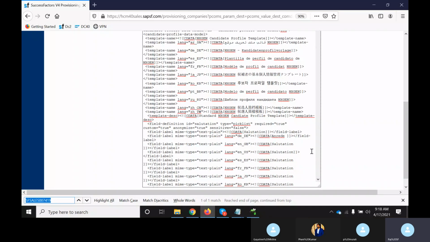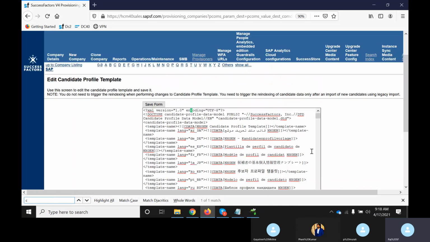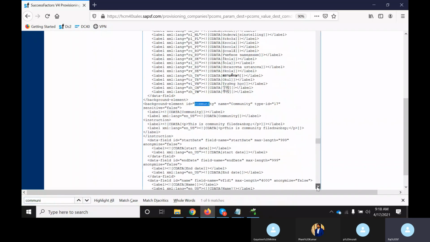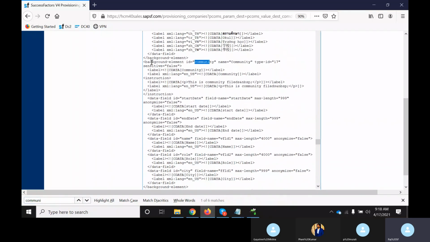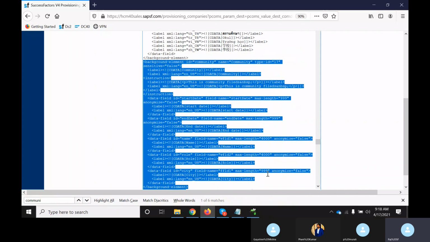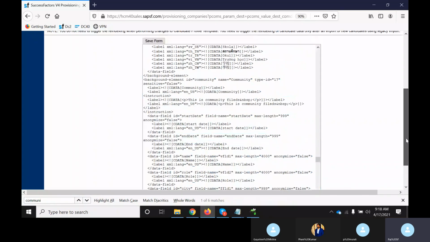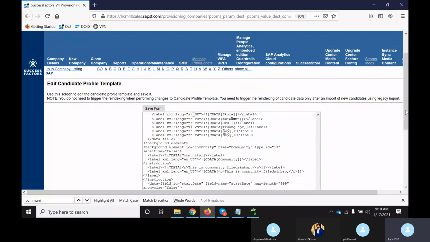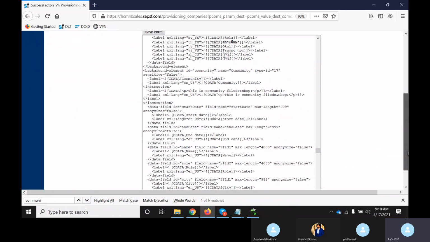So here what I'll do, we just added community, right? So here we have a community background element, from here to here. Copy the field IDs, everything. Now what I'll do, I'll download. Since we are mapping these background elements from your succession data module, first I'll copy